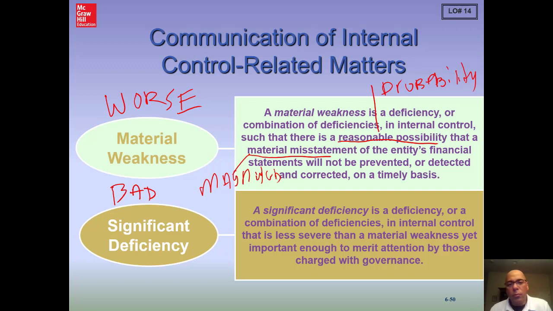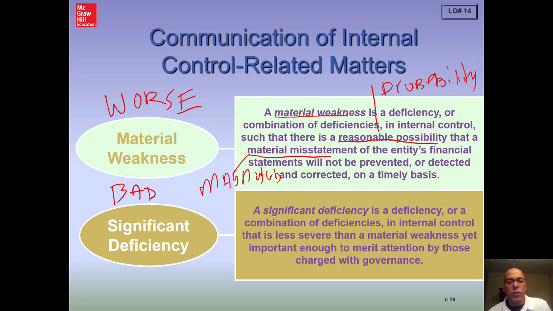In other words, when we talk about a material weakness, if we find one, we're saying that there's a deficiency in the internal control that is sooner or later going to result in a material misstatement. It's only a matter of time. Well, that's pretty bad. That's a material weakness. That is something that really should be corrected by the client. And so the auditing standards require that the auditor report that to senior management and those charged with governance. We need to report that when we find those. There isn't always a requirement to report on internal control, but if we find a material weakness, we certainly have a responsibility to report that to management and those charged with governance.